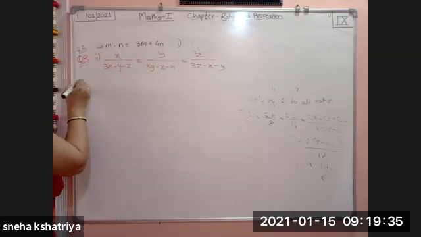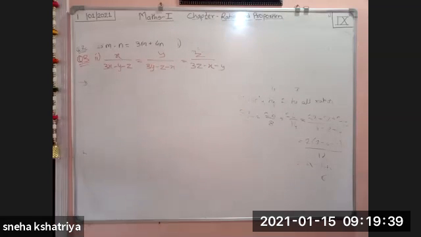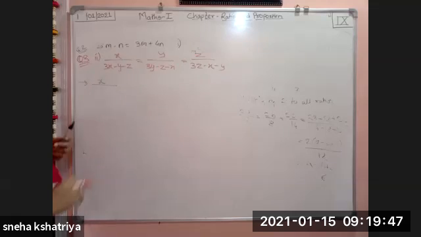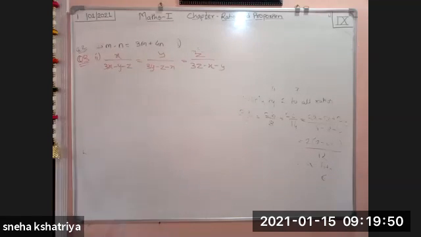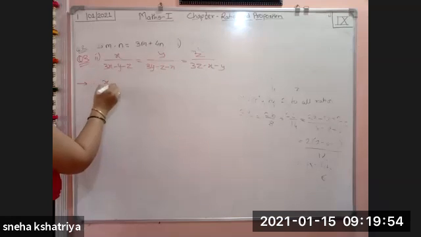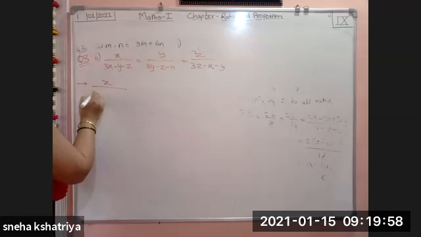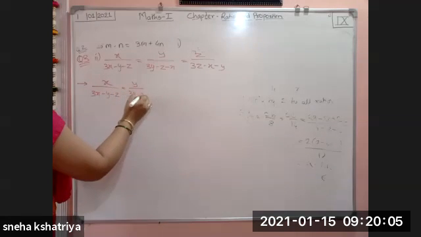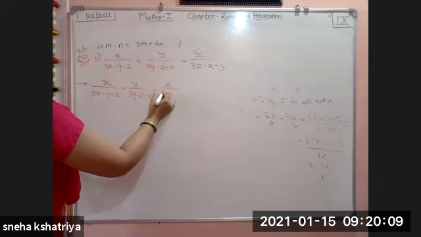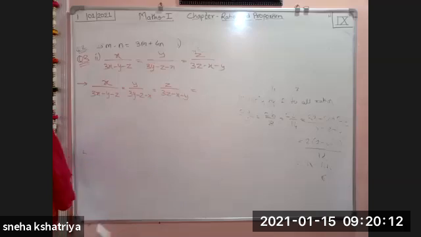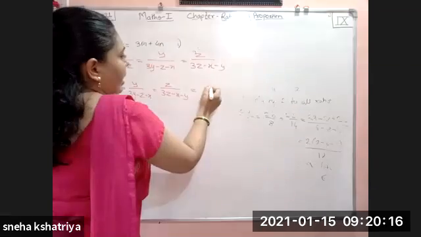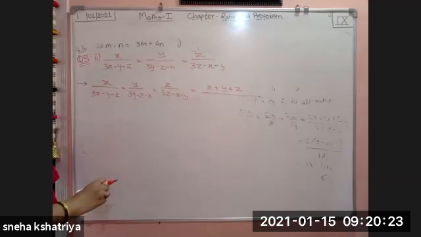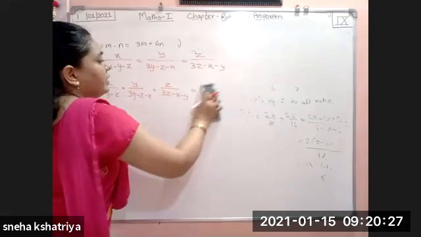Okay, so here you have to consider like this. So what you will get here: x divided by 3x minus y minus z, which is equal to y divided by 3y minus z minus x, which is equal to z divided by 3z minus x minus y, which is equal to, use the theorem on equal ratios and add all of them, x plus y plus z, at the denominator x plus y plus z, at the denominator you have to write it down. Okay, so that part I am going to write down at the downside.